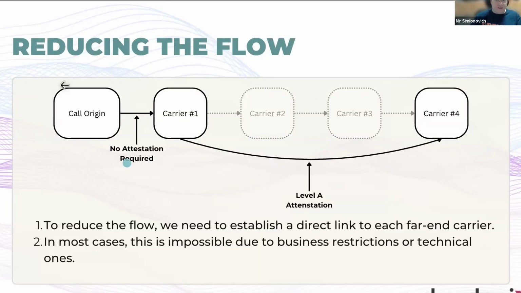So what's the solution? You need to reduce your attestation levels. Your objective is to basically say, okay, I'm sending the call over to my carrier. I want to send to the last carrier on the line, number 4, and I want to make sure that this becomes a level A attestation. This is what I want to do. And in most cases, this is impossible